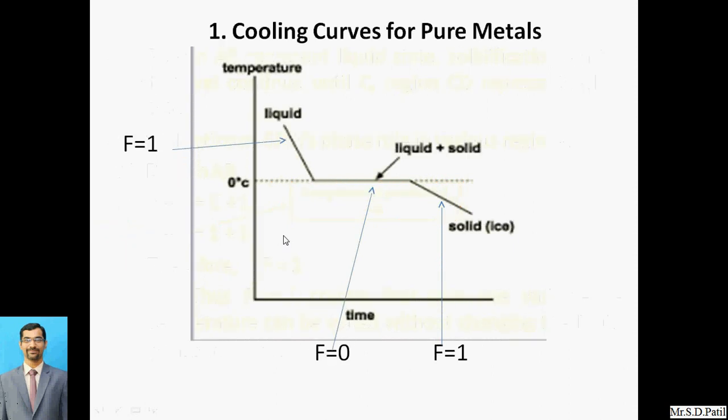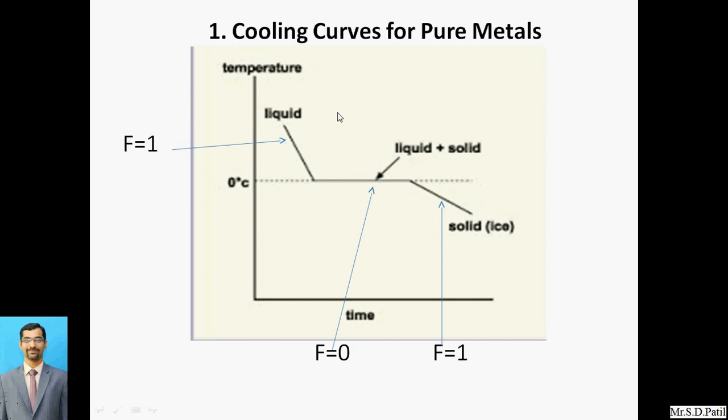Okay, so just consider this particular diagram. This will be the liquid. Now the A to B region. This diagram has been divided into regions. Here A, B, C, D are not written, but I will tell you, you have to imagine during the lecture itself: this will be A, this B, this point will be C, and this point will be D. So this diagram is divided into these regions A, B, C, and D.